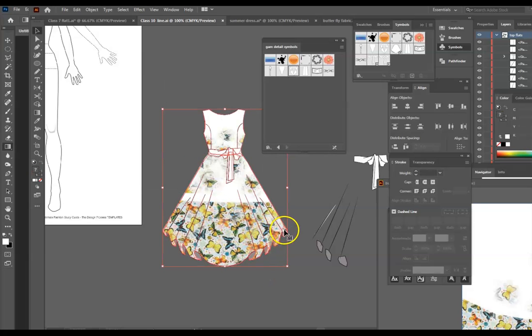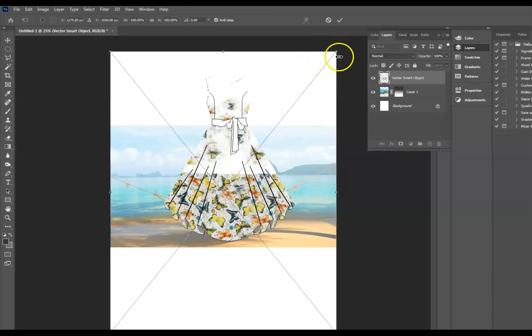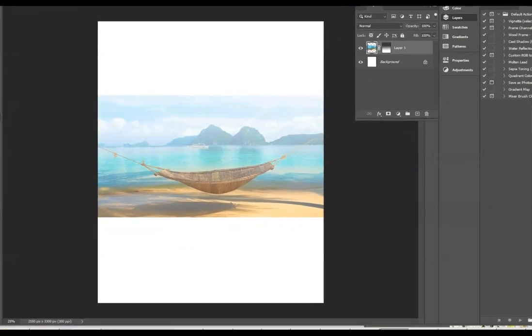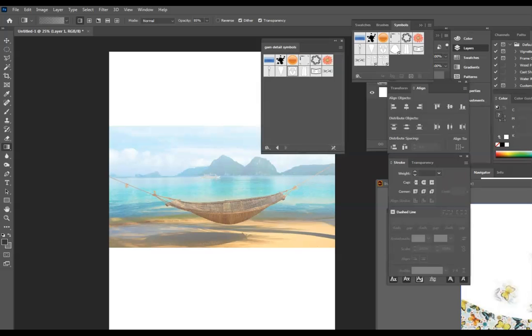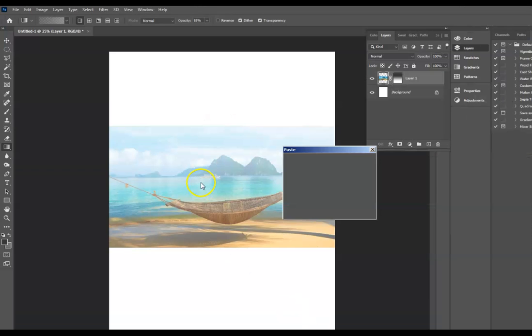So grab this one and then bring here and then here. So let me show you one more time. So, Ctrl Z. Actually, I'm going to throw it this way. So, I may make this again here. How can I show you? Let's do this way. So, in the Illustrator, Ctrl C and then bring on the Photoshop, Ctrl V, and then